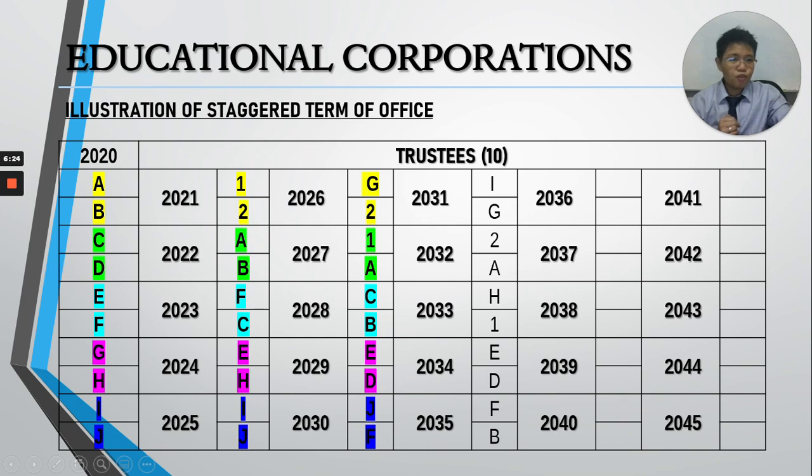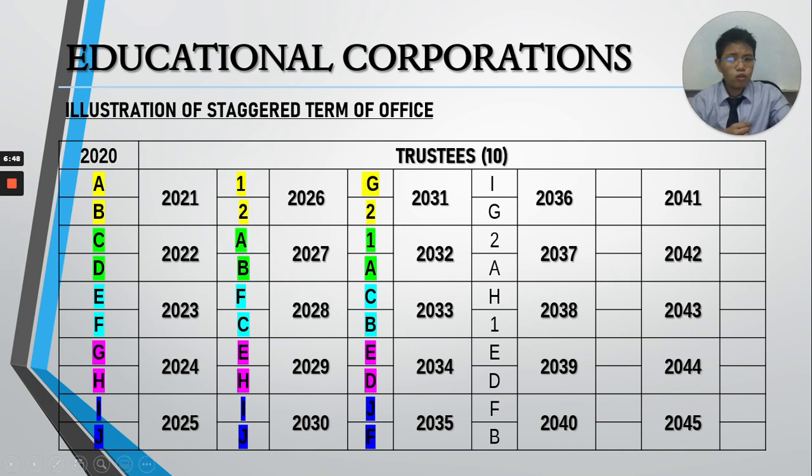A and B will serve for 1 year. C and D will serve for 2 years. E and F will serve for 3 years. G and H will serve for 4 years. And I and J will serve for yung full term na 5 years. Now, obviously, staggered na to kasi nga iba-iba yung term nila. May 1 year interval. So, if A and B will serve only for 1 year, remember their term of office